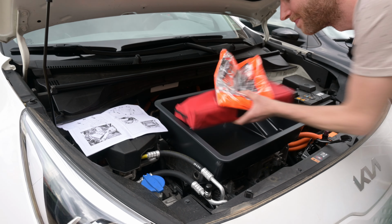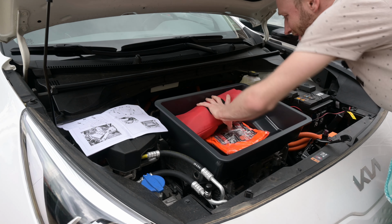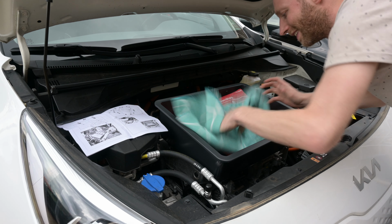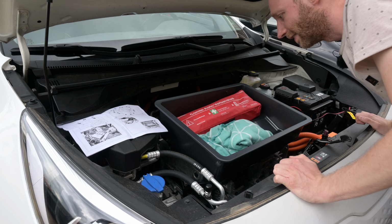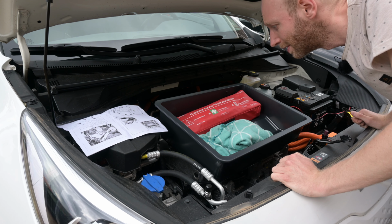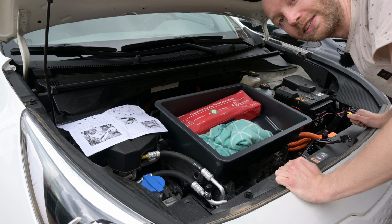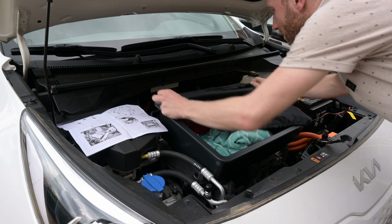There is a first aid kit, a safety vest. Well, man, this actually will not rattle around that much. And a blanket. And that's it. And if I want to, on a holiday, for example, when the boot is full, I can also put my charge cable in here so I can always reach it. Again, very handy. Put the dust cover on top,